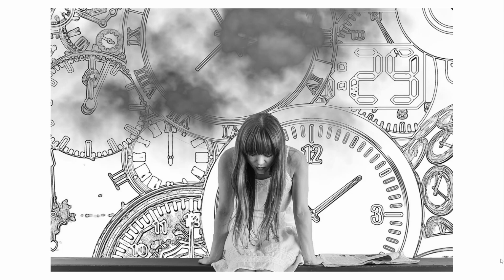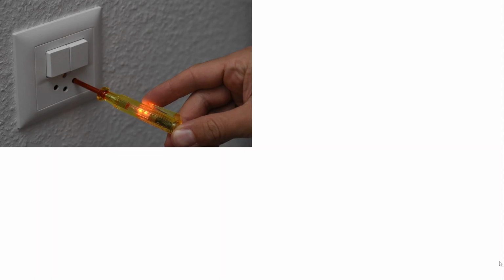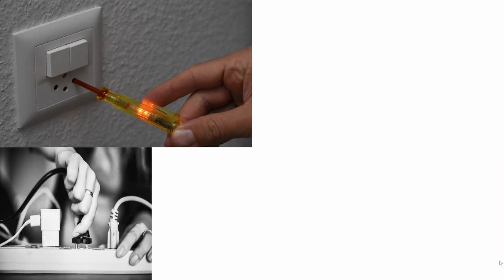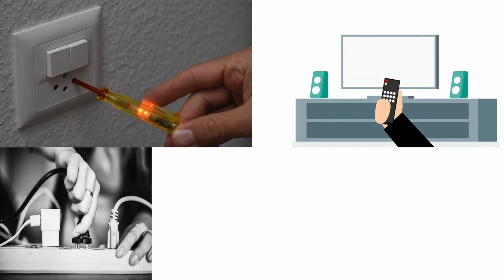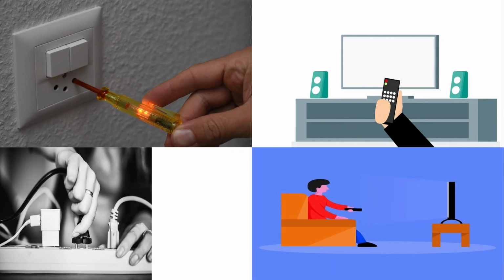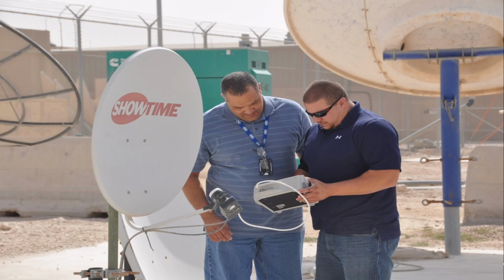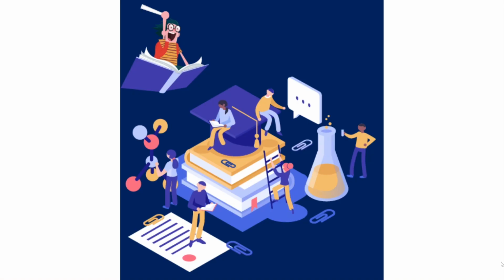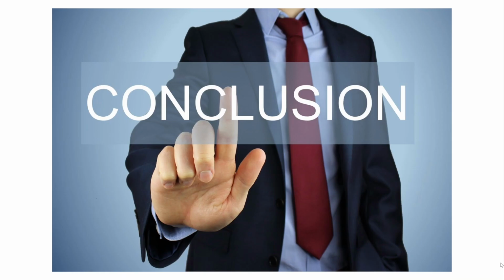Now, we will examine all the possible causes of the problem. And for that, first we will check whether there is any problem in the flow of electricity or not. If the power supply is found to be fine, we will check if the cable connection is proper or not. If the cable connection is found to be okay, then we will check if the remote control is working properly or not. If the remote control works well, then we will check if other channels are working or not. If the other channels are found to be fine, we will call the cable operator to solve the problem. In this way, we will collect the evidence and analyze it logically. After examining all the proofs, we come to the conclusion about the solution of the problem.